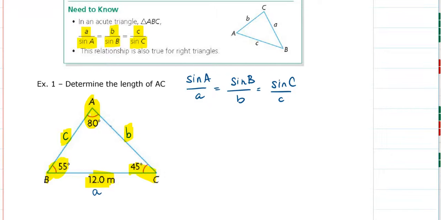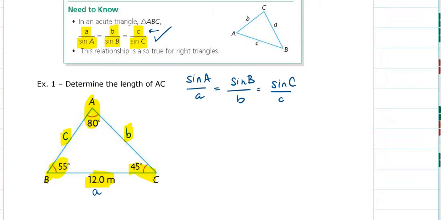Now, the formula that you want to use depends on what you're looking for. If I'm looking for a side length, it's much easier to use the version of the sine law that has the lengths at the top. This is called the sine law, by the way. Don't confuse it with the sine ratio, SOHCAHTOA. That's just the ratio. The sine law is a law, a formula that we use to help us solve